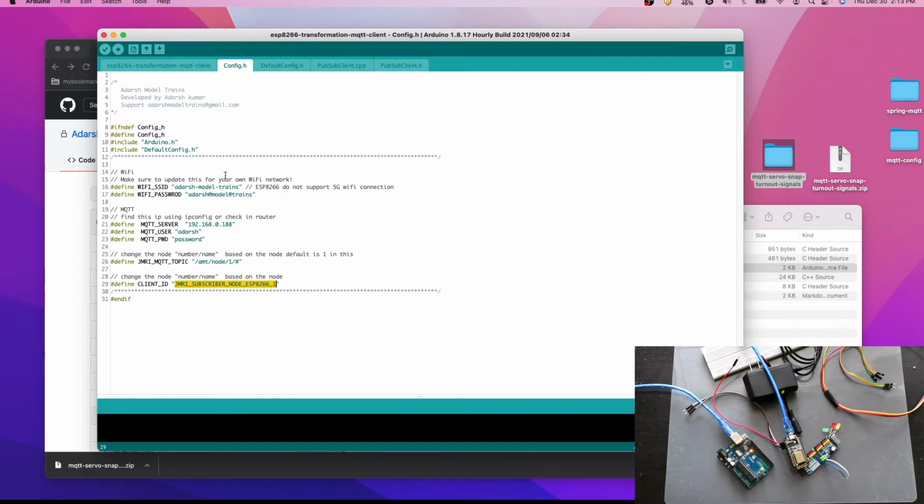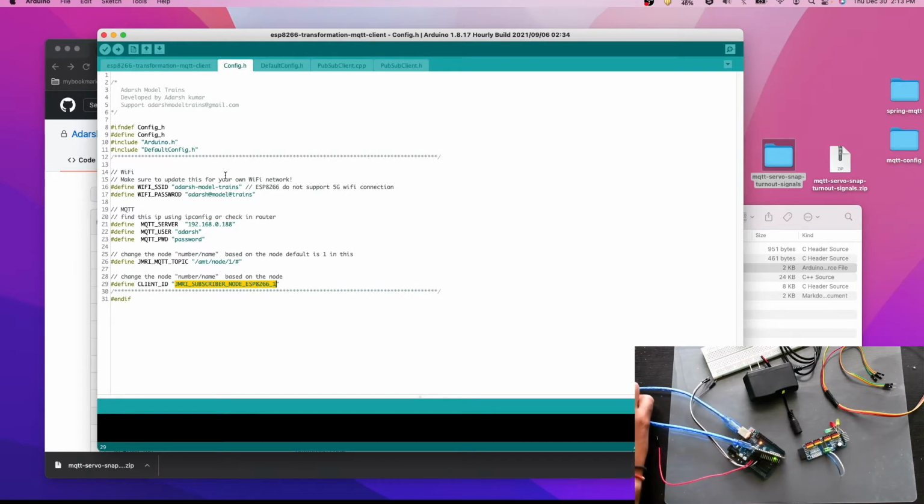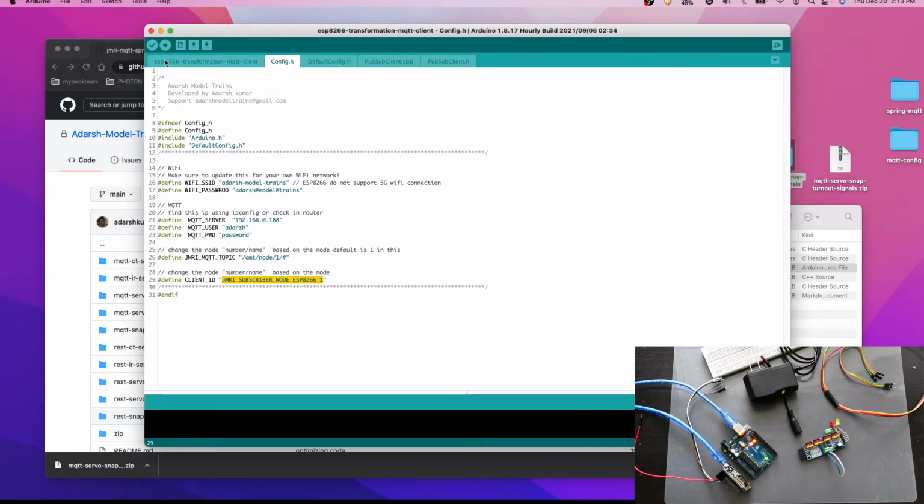So let's connect the ESP8266 here, and we can upload the code here.